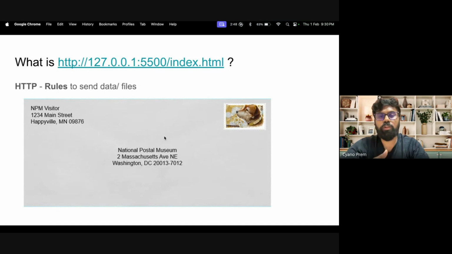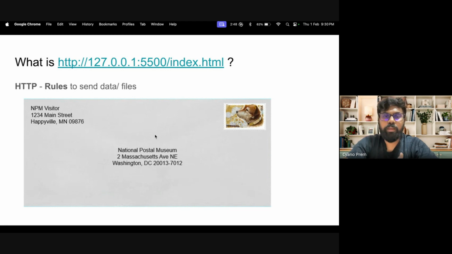Only then the post office can send it to the right address and the right person can receive it. So giving a from address and to address and sticking the proper stamp, these are the set of rules to send postal letters through the normal, physical post offices, right? So these are the rules which you have to follow.